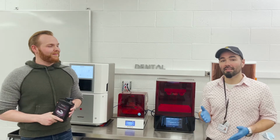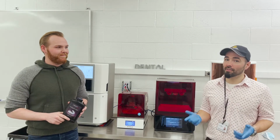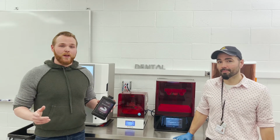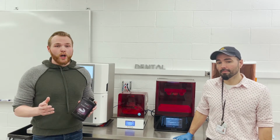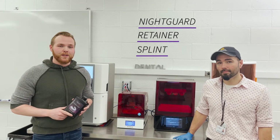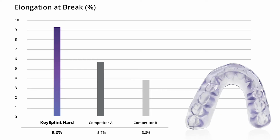We're excited to announce that KeySplint Hard is officially FDA 510(k) cleared and commercially available to you. To complement KeySplint Soft, KeySplint Hard offers a strong and rigid option for all your splint, retainer, and night guard applications. With more elasticity than other competing hard splints, KeySplint Hard is less brittle, more durable, and provides excellent wear